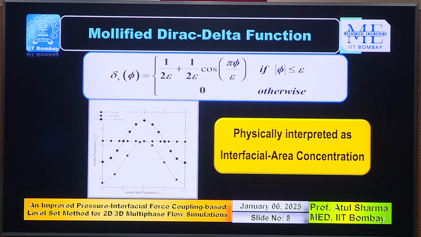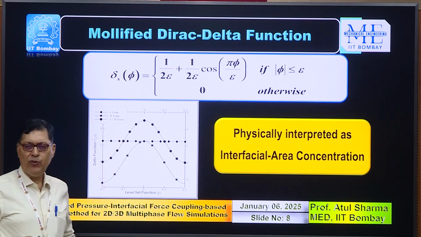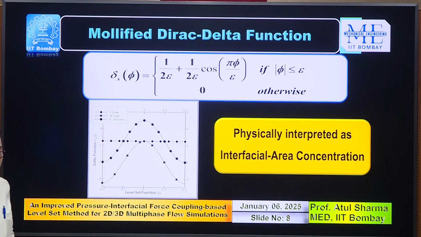In that paper, we have also given a physical interpretation to the Dirac delta function. This Dirac delta function in a diffuse interface method is mirrored across that red band, and we have shown certain derivations and given a physical interpretation of it as an interfacial area concentration. Now, the improved diffuse interface level set method that we started working on a couple of years ago,